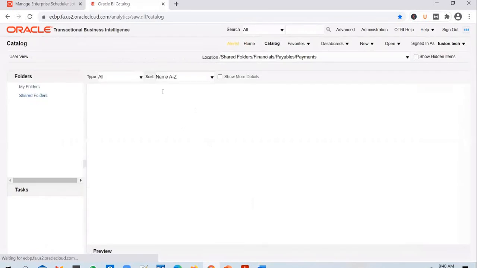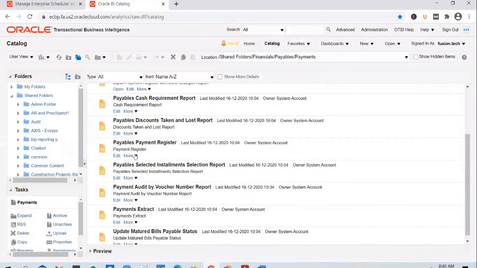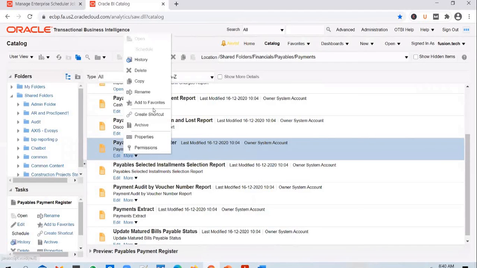So the first step is to customize a seeded report. You select the report and you click on the more option. You should see an option called customize here. You're not seeing that customize option because you will see it only when you access the BI server or access the XMLP server directly.